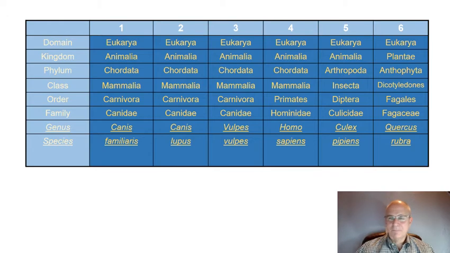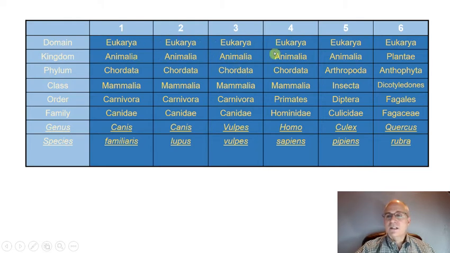Okay, welcome back. So if we look, I put the levels of taxonomy off to the left here. All of the organisms that we're talking about here are in the domain Eukarya. Of the kingdoms, 4 of these are in the kingdom Animalia, so it tells us that they're animals. 1 of them is in the kingdom Plantae. So that automatically tells us that this organism here, even if you don't know what Quercus rubra is, is going to be really different from these others because this is a plant and these are all animals. In fact, as we'll see in a little while, Quercus rubra is a red oak tree.